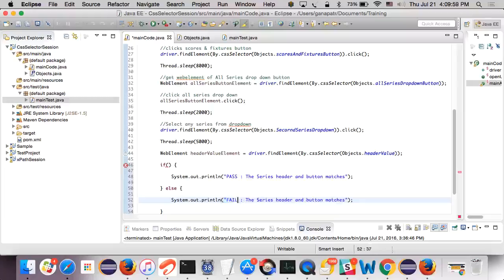You think about the condition. Okay, so how do you get the text element or whatever values there from that element? So see,